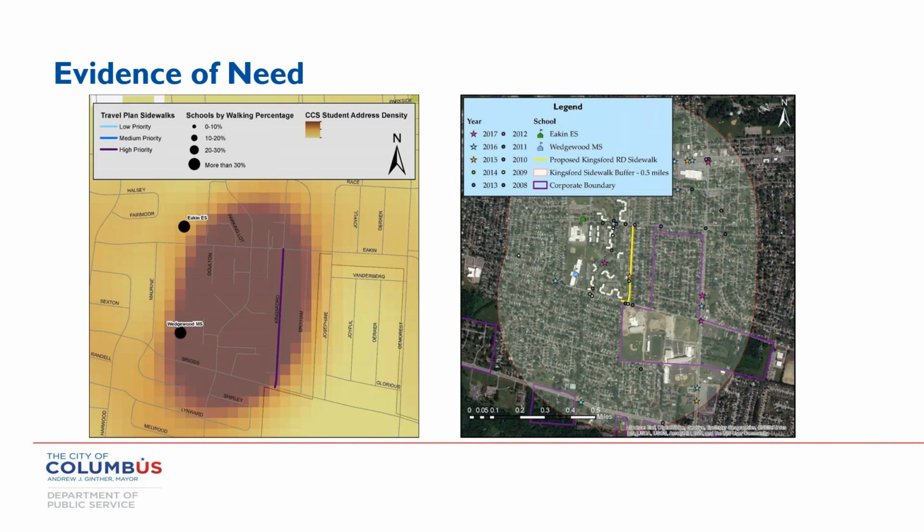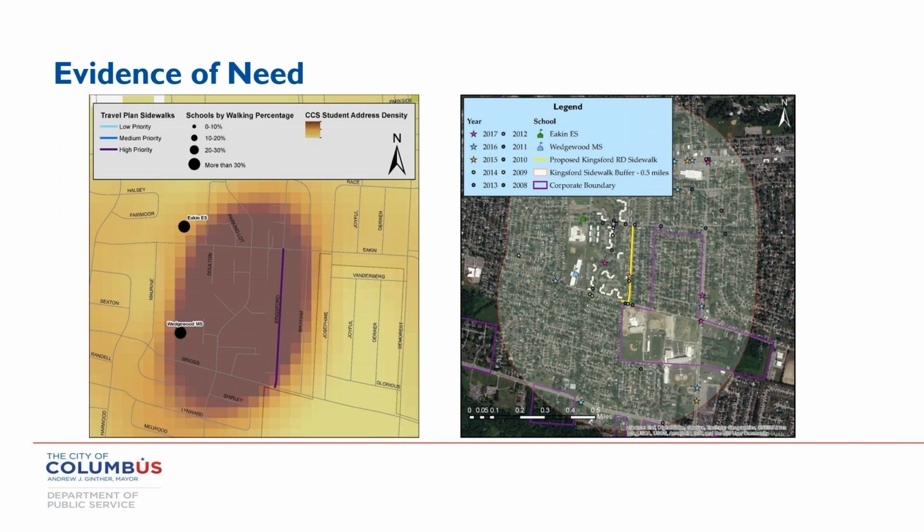Go to the next slide. And we also looked at crashes in the area too. The map on the right shows crash history. I think I went back almost 10 years on this, but you can see there were anywhere between 4 to 5 projects directly on the corridor. Briggs Road, so the bulk of the project is on Kingsford, but there's a little gap on Briggs. The sidewalk didn't go all the way to the curb, and so this project filled that gap, because on one of the OH1 crash reports, the police noted that the people who were struck were walking there because there was no sidewalk to walk on.